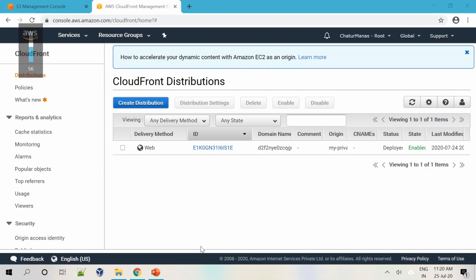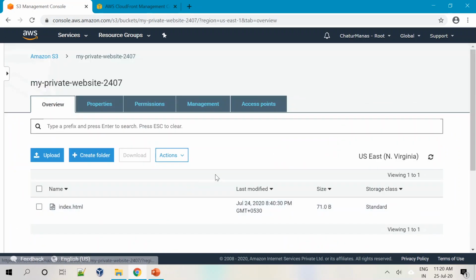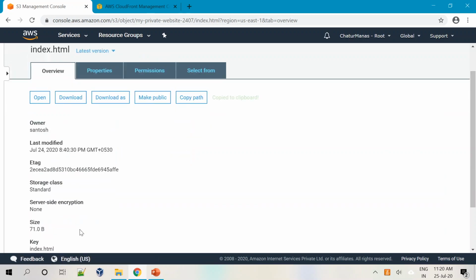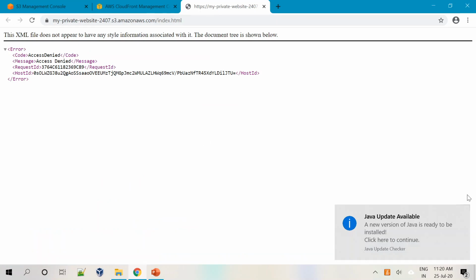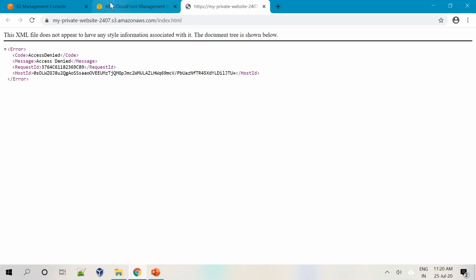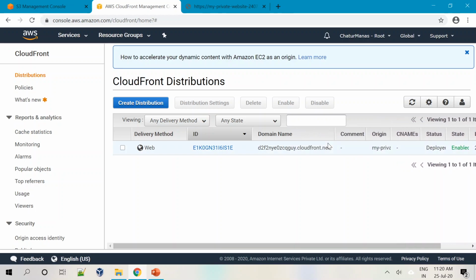Hello friends. In the last video we saw how to safeguard our contents in S3 yet make it as a website and publish it. As you can see, we have a bucket which is private in nature and the contents of this particular bucket, index.html, is still private. We haven't made it public. We published this using CloudFront and we were able to host our website and make it available to the public